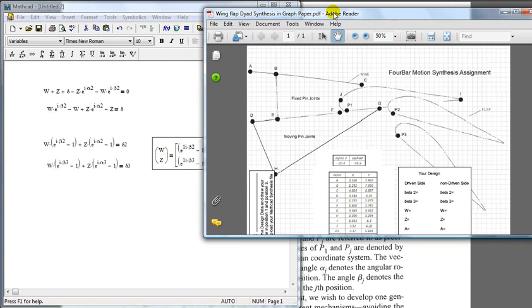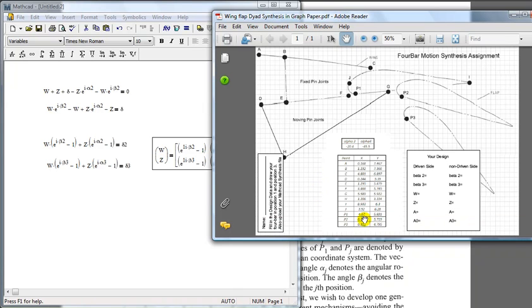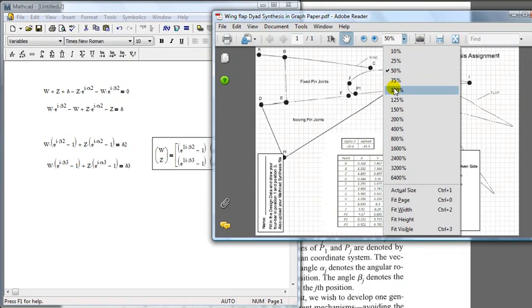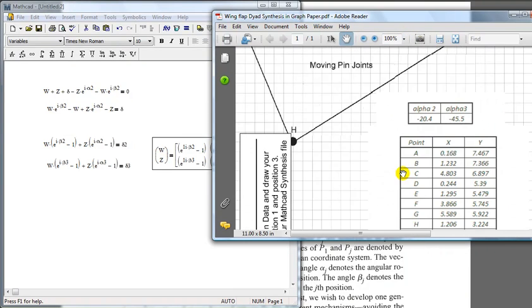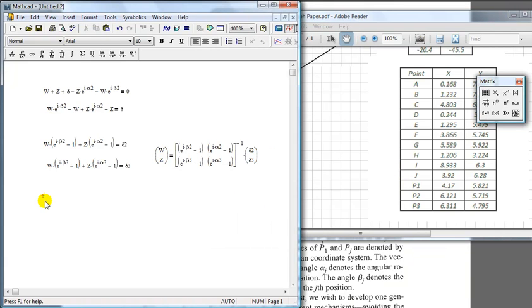I have my P1s, P2s, and P3s, there they are. I'm going to have to zoom in on that to be able to copy those numbers. Let's go back to 100% and scroll. And so with this, P1 colon equal to 4.17 plus 5.821i